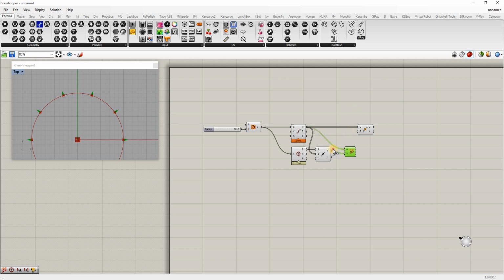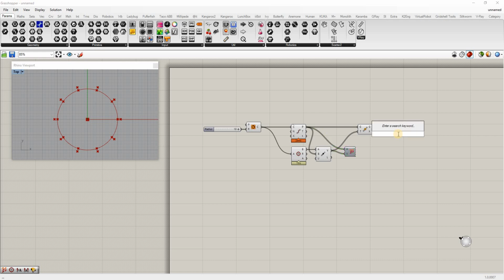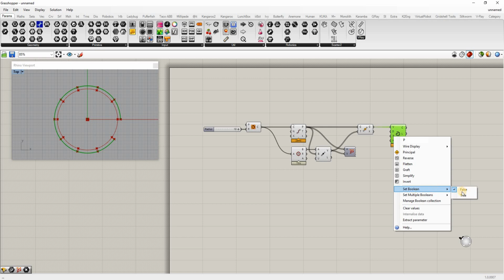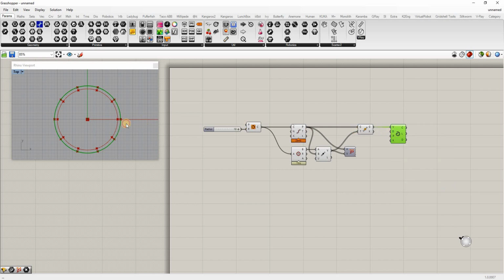So we have that vector, we can then move these points. And it moves them out like that. And then we can redraw those curves. See, when you interpolate that curve, it doesn't close it. So right click on the P to make it periodic, and it will do that. Okay, so then